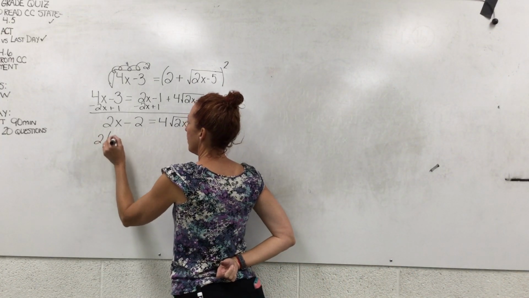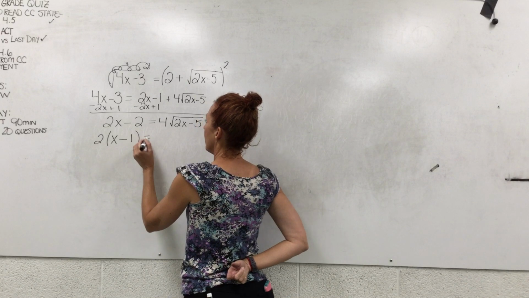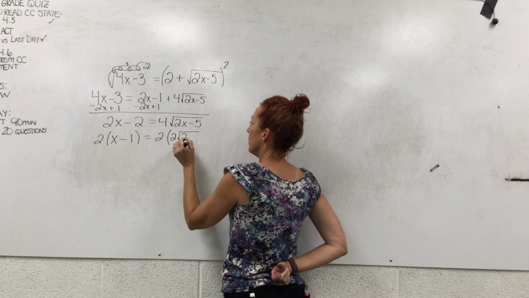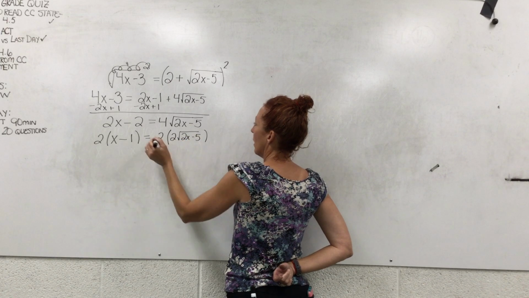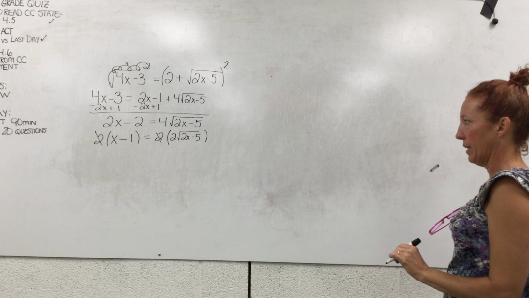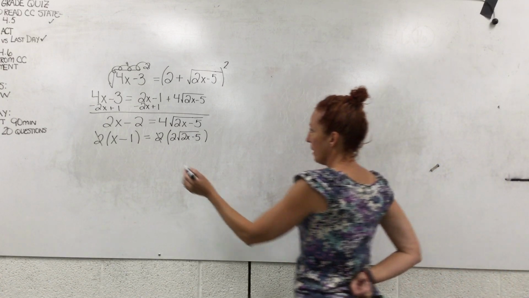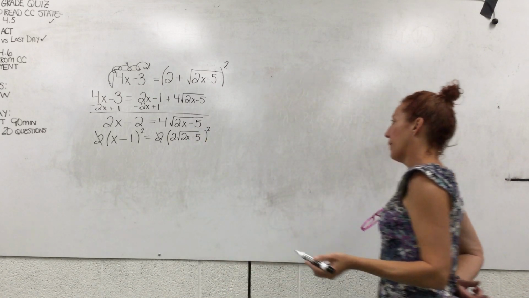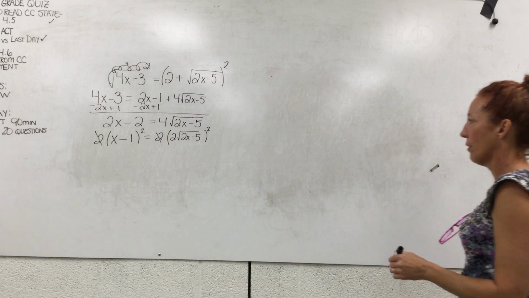So I would probably do something like this. And so then those just cancel. So that is going to make that just a little bit easier. I'm going to square both sides. Again, it works if you don't do it, but that's just going to make those numbers smaller and easier to